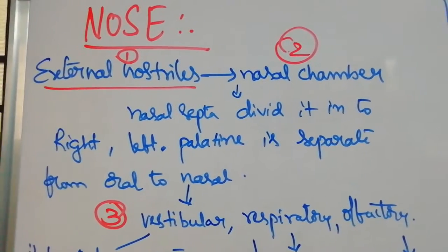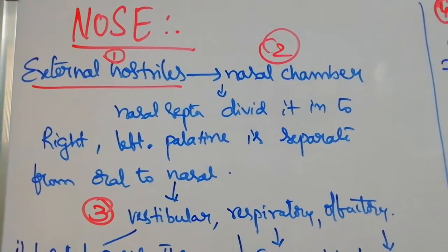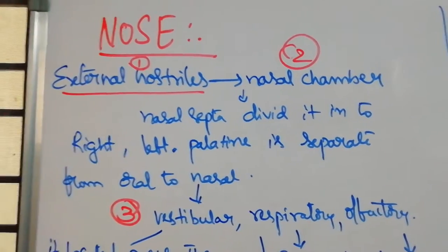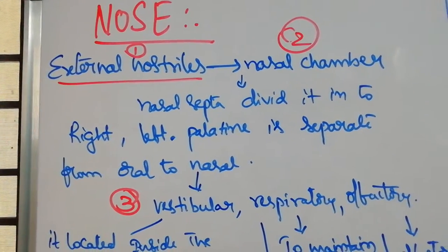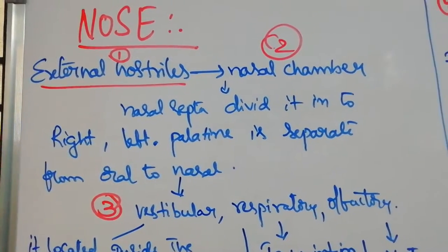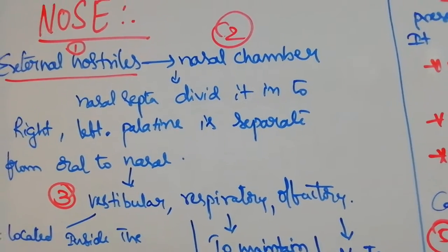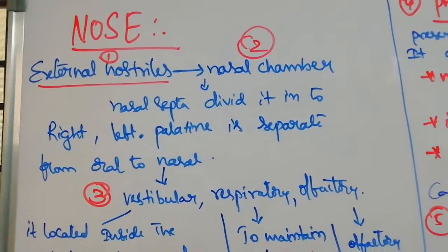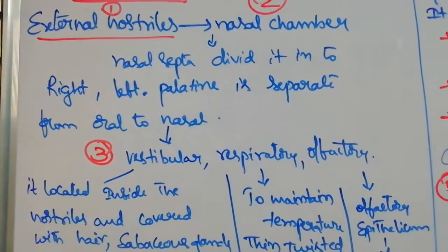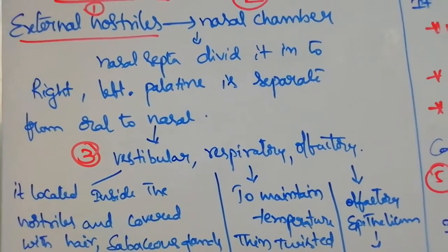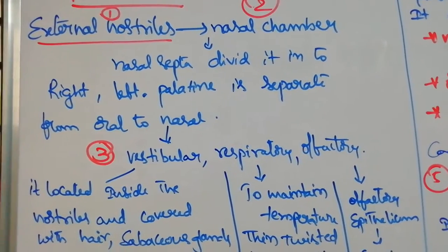External nostrils. The holes we see above the lip are called the external nostrils. Two external nostrils are present in the upper part of the lip, and they open into the nasal chamber. This nasal chamber is divided into left and right by the nasal septum. The septum present in the middle divides right and left, and the palate separates the oral